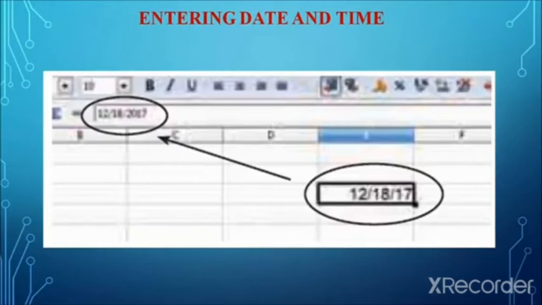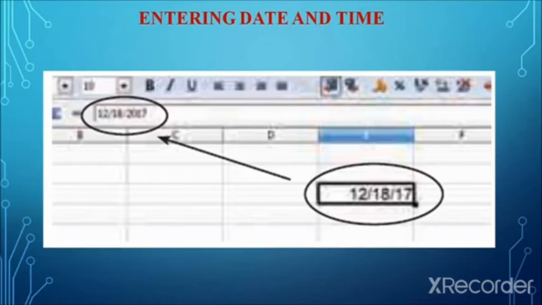Next we are going to see about entering date and time. So it is a date and time format. Before entering the date or time, first we have to ensure the system date and time format. Some systems may follow the American standard, some systems may follow the Indian standard. The American standard means month, date, year will be available. In case of Indian format, date, month, year will be available. So OpenOffice Calc accepts the date based on the system date format. So first we have to ensure the date format of the system.